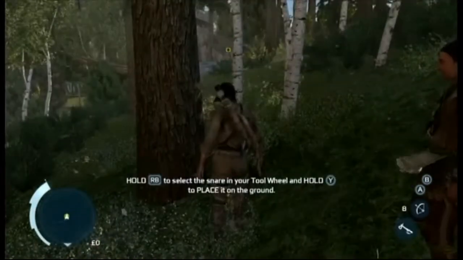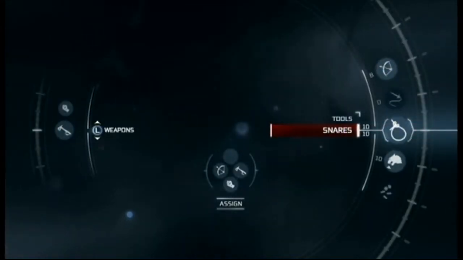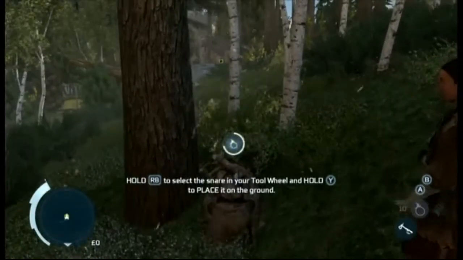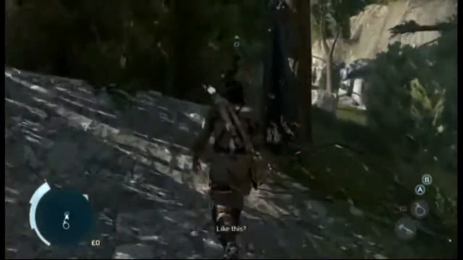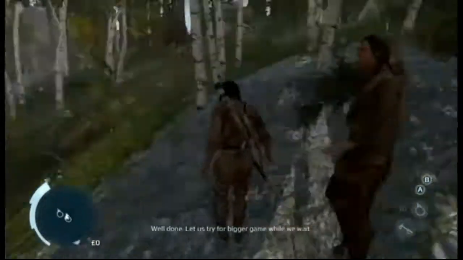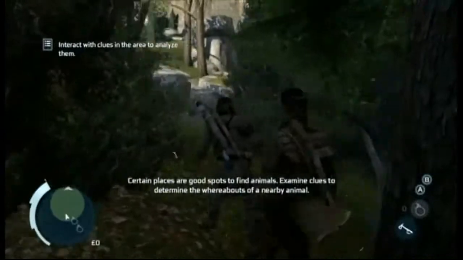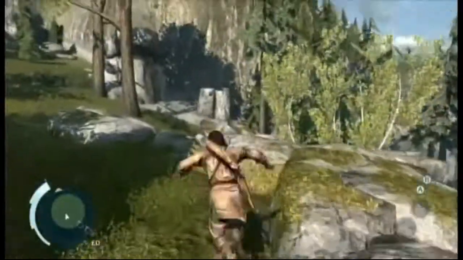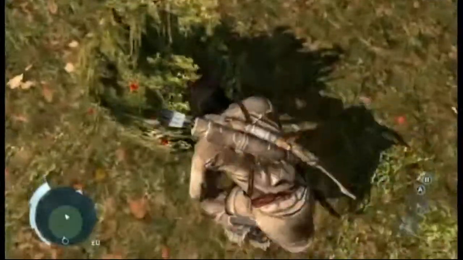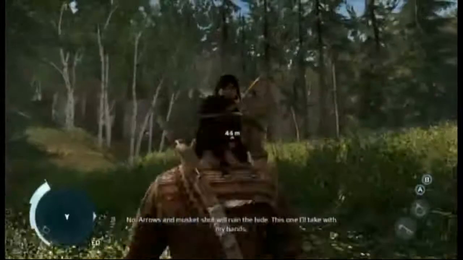So you go into your menu, you choose your snare, and then you hold down Y to place it, and then you're going to go and hunt some deer while the snares are catching stuff. So you go and you're tracking these deer. You can look for clues to find where the animal is,